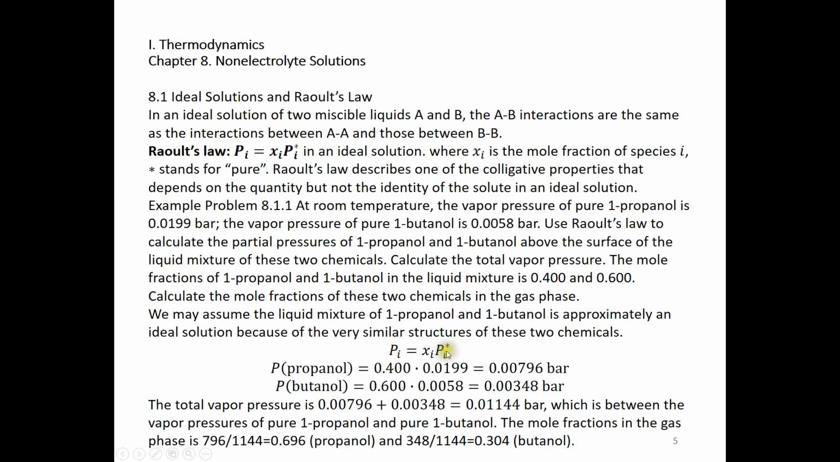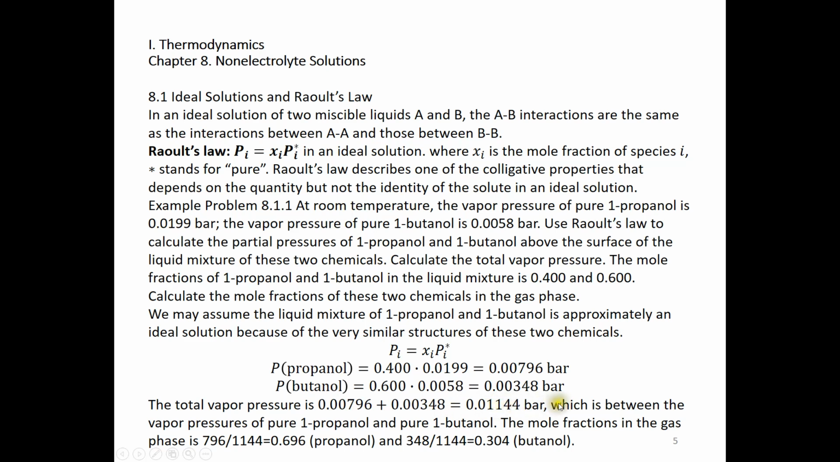We copy this equation here. For propanol, we have the mole fraction of propanol in the solution, which is 0.4, multiplied by the pressure of pure propanol, and we get a number here. Same for butanol. We use the mole fraction of butanol in the solution, 0.6, multiplied by the pressure of pure butanol. We get another number. Now we have the total pressure. In the gas phase, we have two components. We just need to sum up their partial pressures. We get this